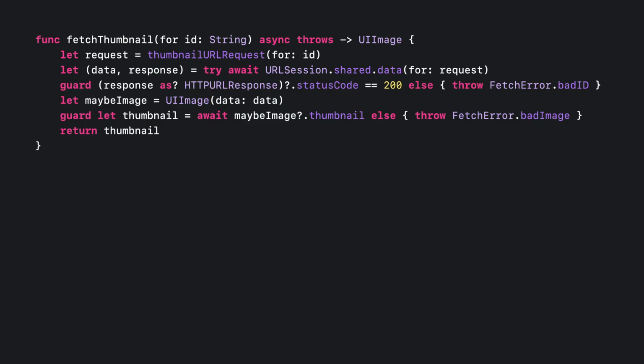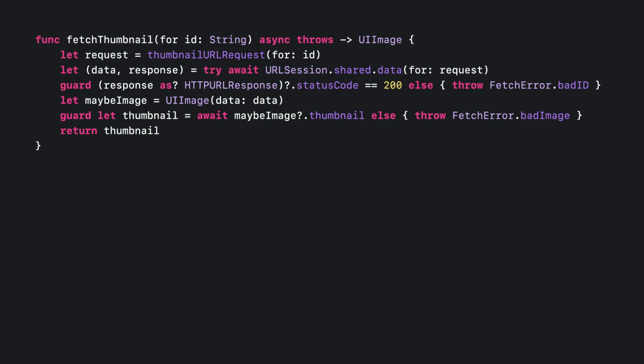The function does exactly what the completion handler version did before, but instead of 20 lines of code, it just has 6, and it's all straight line code. The 4 operations that need to be performed in sequence are listed, one after the next, and Swift makes sure that the function always notifies its caller when it's done, either by returning or by throwing if a problem comes up. This is just one example of how using async await can transform your asynchronous Swift code, making it safer, shorter, and making it better reflect your intent.